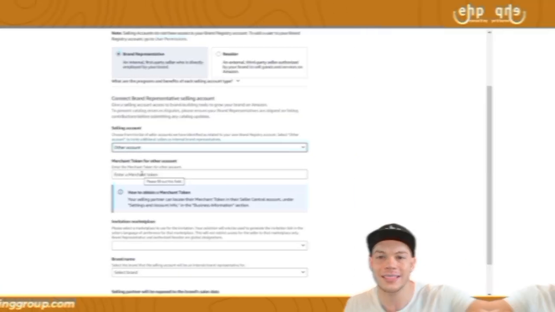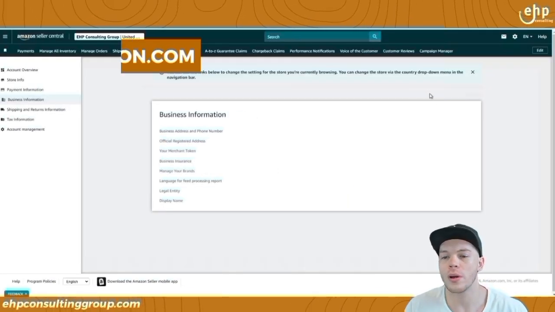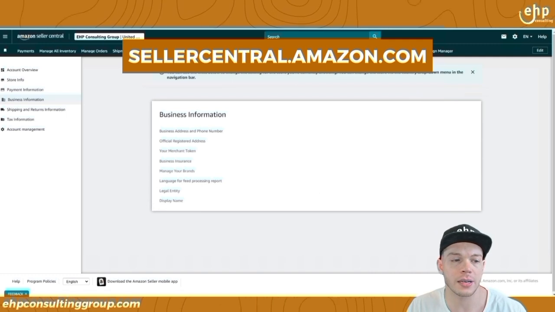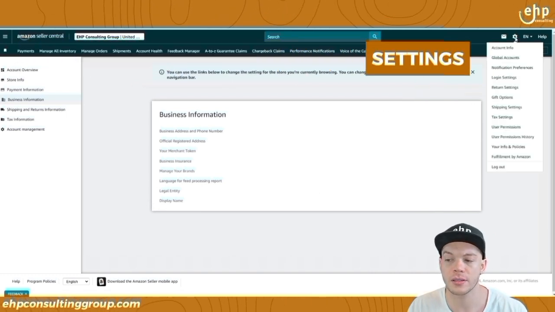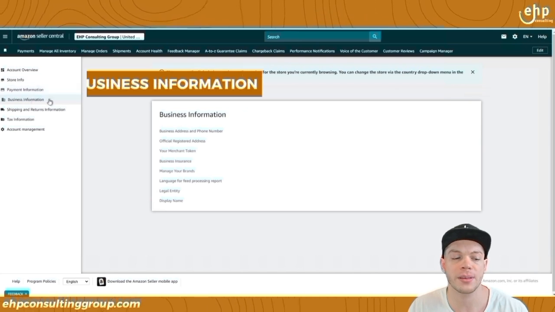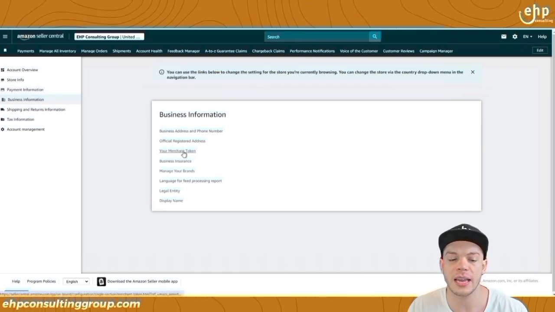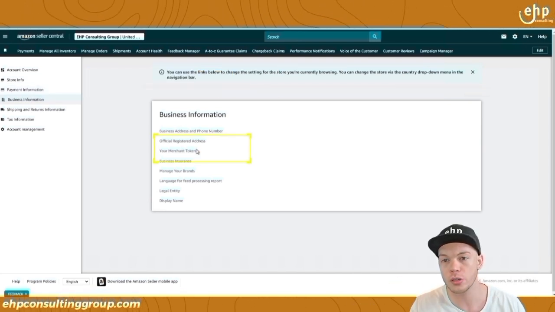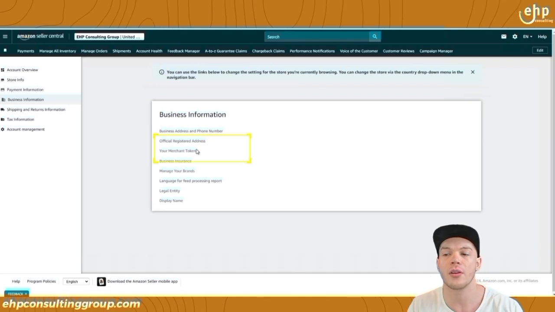To access this, all they have to do is go into sellercentral.amazon.com. They're going to go to settings, then account info. Once they're here, they're going to go to business information, and then they're going to see your merchant token. It's going to be a token. They're going to give it to you, and then you're going to be good to go to give them that